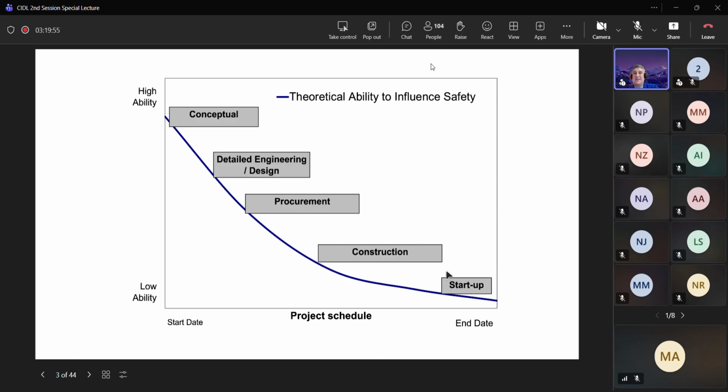Right? The best you can do is maybe write some procedures, do more inspections, do more audits, do more training, do all those things that are administrative controls. But you really can't design things differently at that point. It's very expensive. So maybe we need to get involved a little bit earlier. And so the light bulb kind of went on for me,